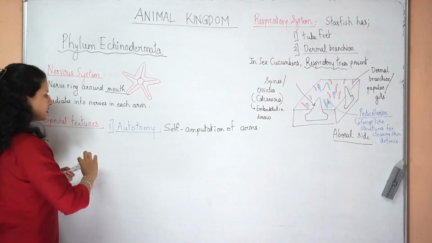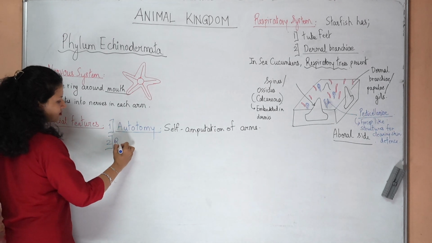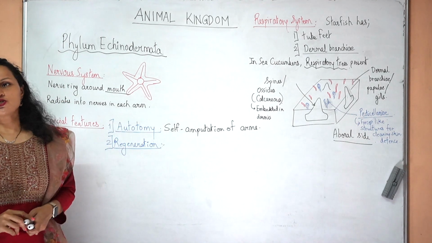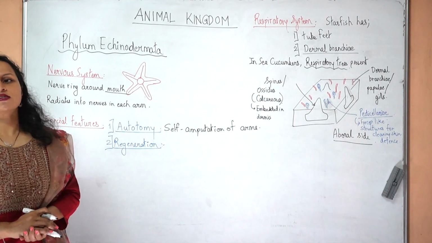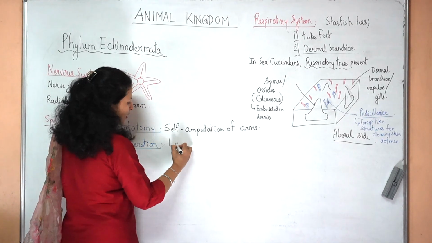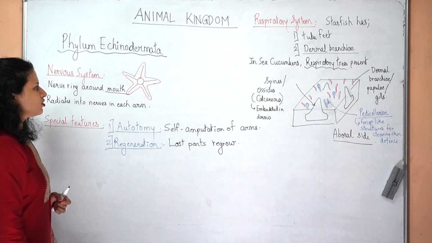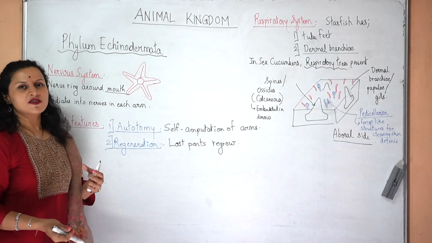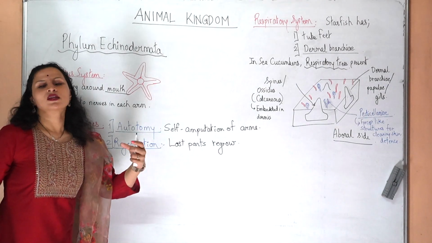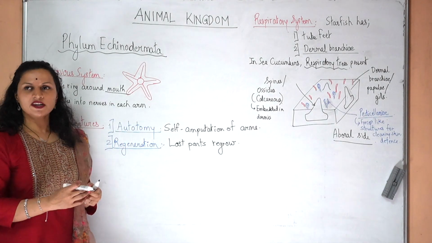of arms. Second property is regeneration. It is a high capacity for regeneration due to presence of totipotent cells. That you know, starfish is often cited as an example of regeneration. Lost parts regrow. For the growth of the lost parts, they need to have a part of the nerve ring. Now if a starfish just removes one of these arms, now this 4-armed starfish will definitely grow that